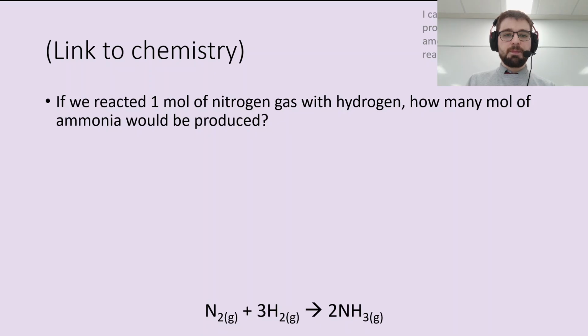So for example here, we've got 1 mole of nitrogen gas and it's reacting with hydrogen. How many mole of ammonia would be produced? So remember that there's assumed to be a 1 if there's nothing written in front of a chemical. We've got 1 mole of nitrogen gas,